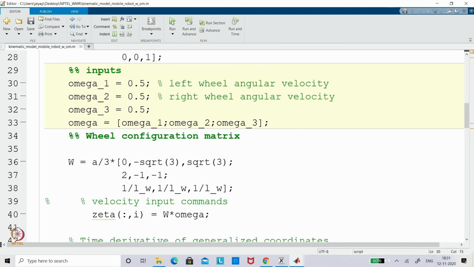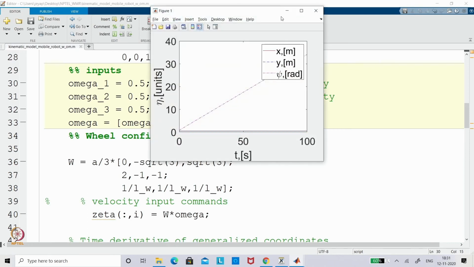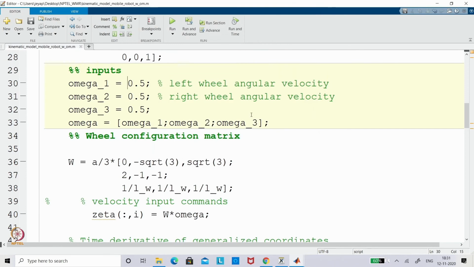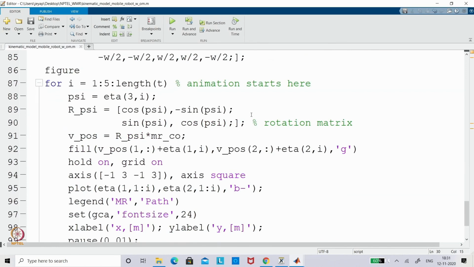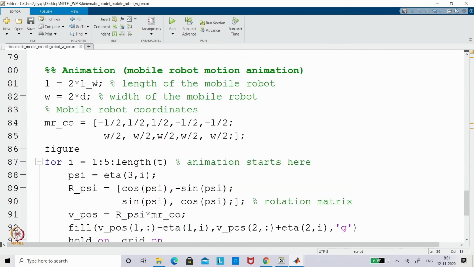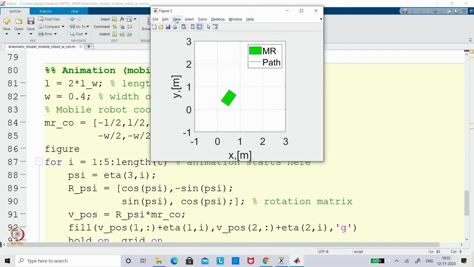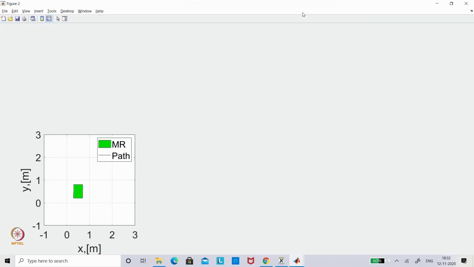So I'll try to see. Okay. So the distance I made it... okay, so this is not 2D. I am putting this as 0.4 because the D we did not define, right. So now you can see it is much faster because there are 3 wheels making it rotate. That's why you could not see any path, because it is rotating at the same point. I am really sorry for the resolution. I tried, but it did not come up.